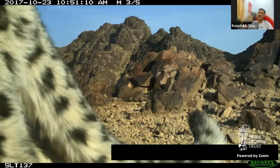So a lot of that communication, which could otherwise mean hostile interaction by fighting and having a physical altercation with each other, is avoided through these signposts, through these wall posts on what we can call the Snow Leopard scrapebook, the Snow Leopard social media. But when snow leopards leave these signs, they do leave